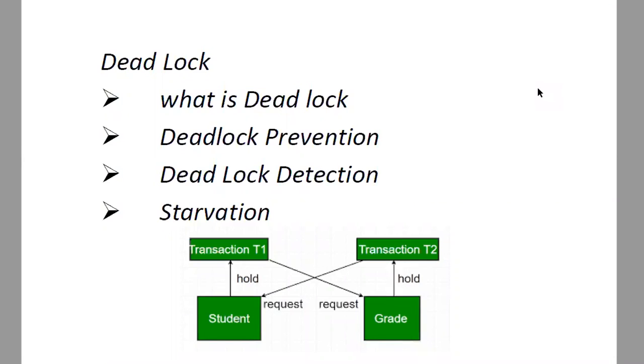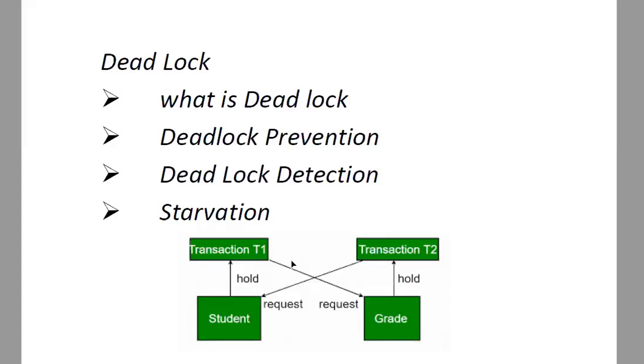So first we need to understand what we mean by deadlock. In the database management system, in which particular scenario or condition do we call it a deadlock? Maybe you would have studied the same deadlock concept in the operating system subject, but in DBMS it differs a little bit. From the diagram below, you can understand the reason for the deadlock.